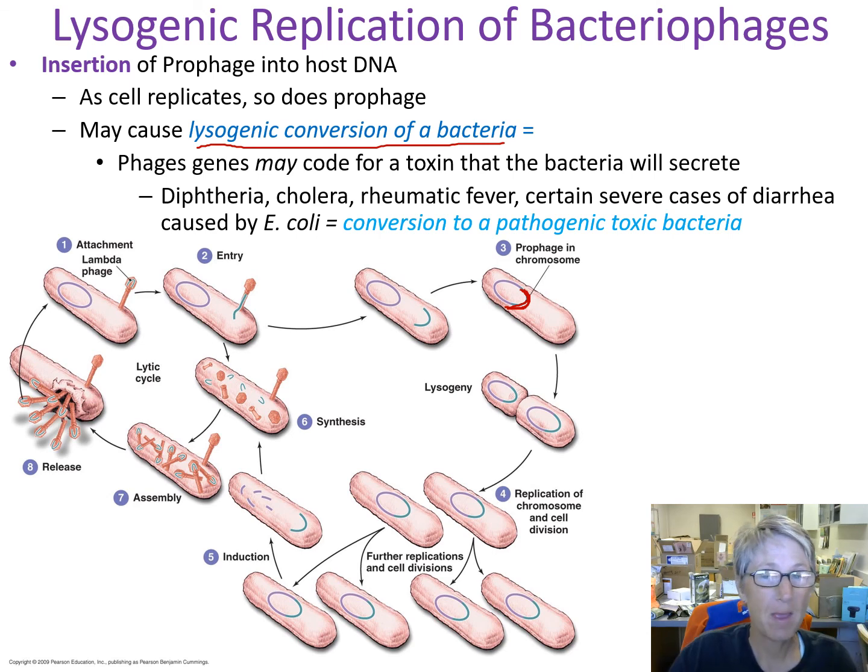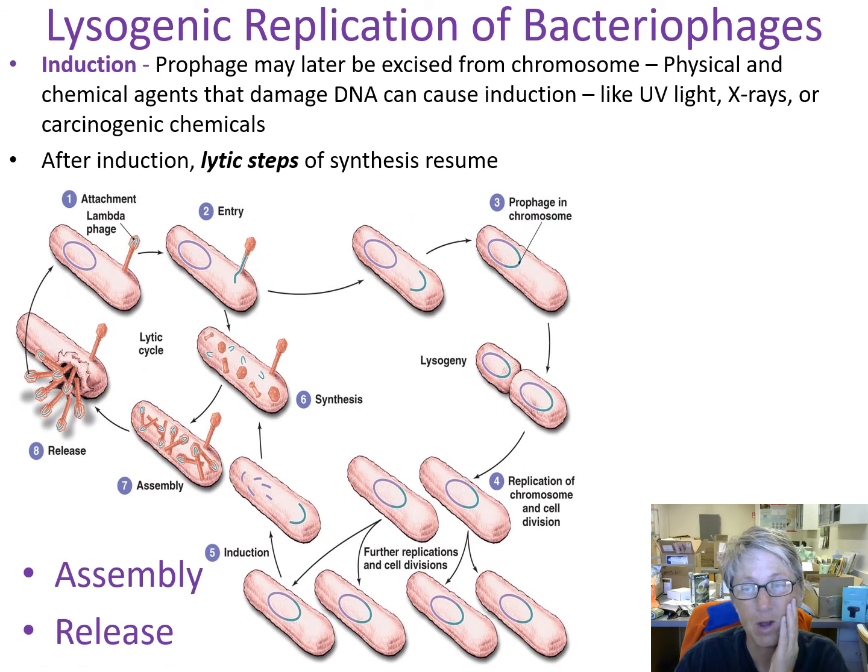The bacteria may secrete that toxin, and that can cause diseases like diphtheria, cholera, rheumatic fever, severe cases of diarrhea. So that's when you convert to a pathogenic toxic bacteria. So really, the bacteria was just going along minding its own business. It got converted to a pathogenic bacteria that releases toxins because of the insertion of the viral DNA